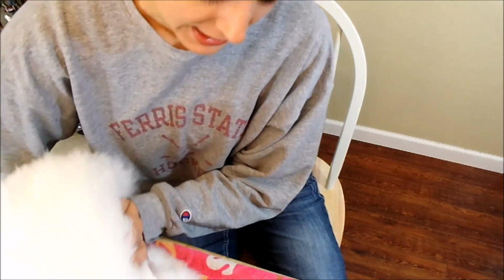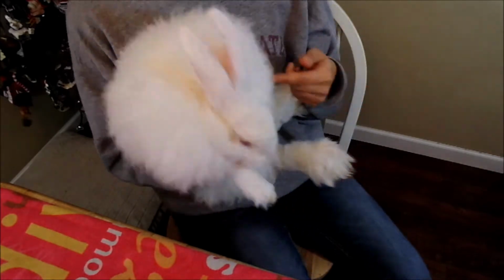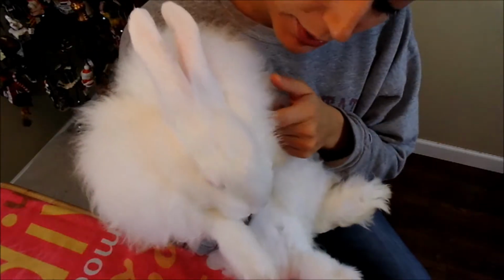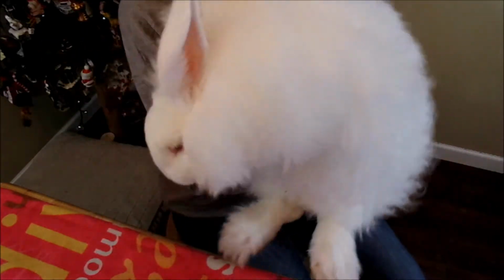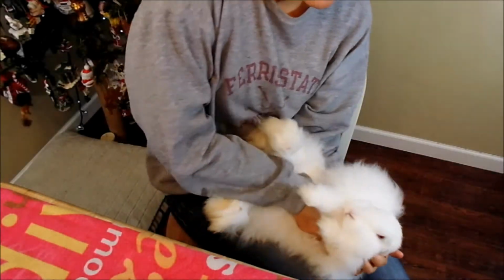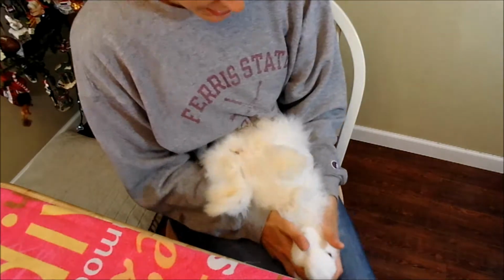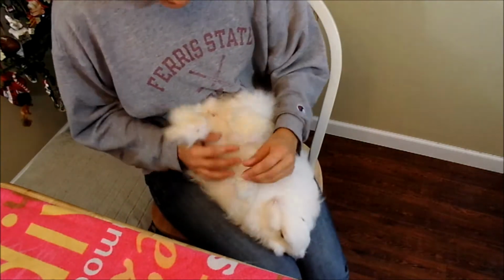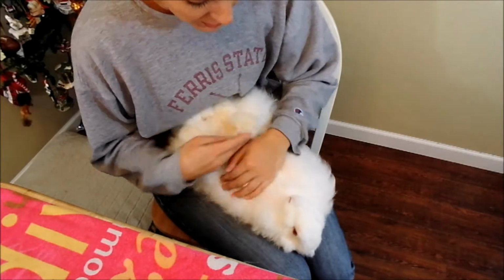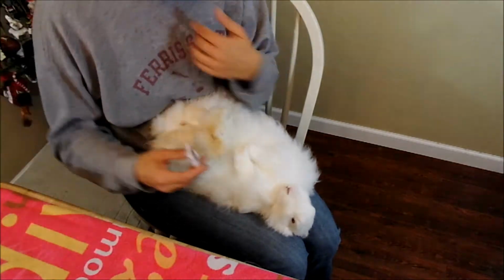We're simply going to take Arya and we want her flipped over on her back so we can get to her bib under her neck. So we're going to flip her very gently. We're holding her ribs and her ears. This is something that we work with our rabbits. So we're just gonna make sure we can get to her bib. What we're gonna do,